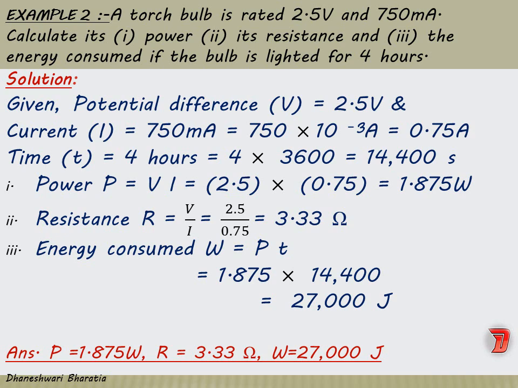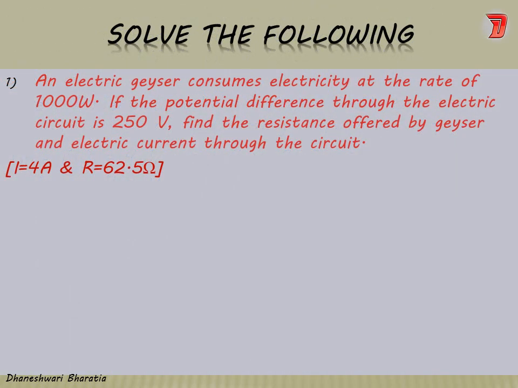Fine. Now here I have given you only one sum to practice. So please write down all the definitions 5 times. That small derivation has to be written 3 times. Commercial unit has to be written 5 times. 2 example sums are to be done 1 time. Okay, and this sum has to be solved only once.